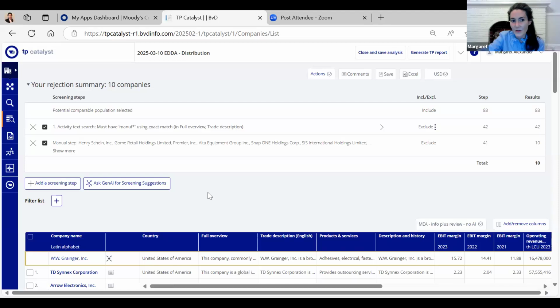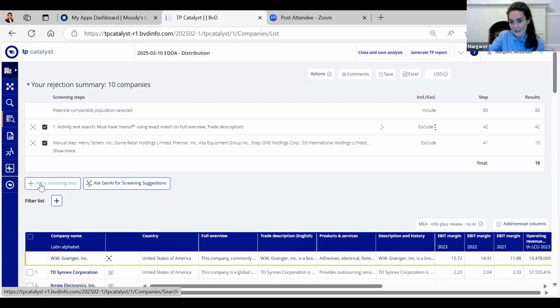And what we just put in were search steps. You also have the option of adding a screening step, and you have the same criteria that you did before, exactly the same. But the difference is that when you use a search step, you're eliminating companies from your final set, or from companies that you'll be able to manually review. But for a screener step, you're not eliminating the company if it doesn't pass that step.